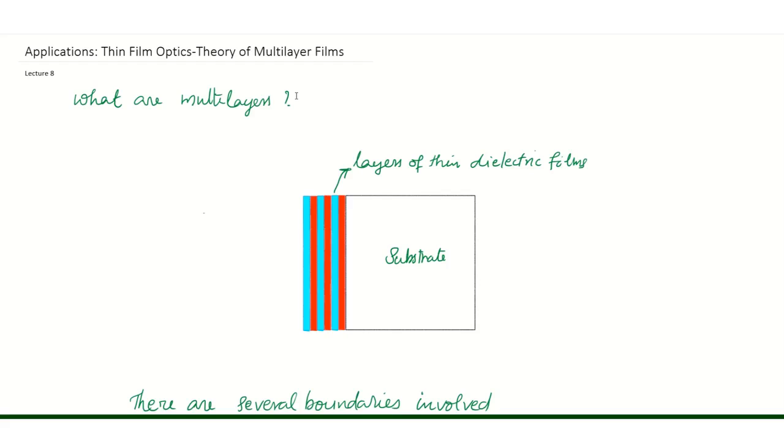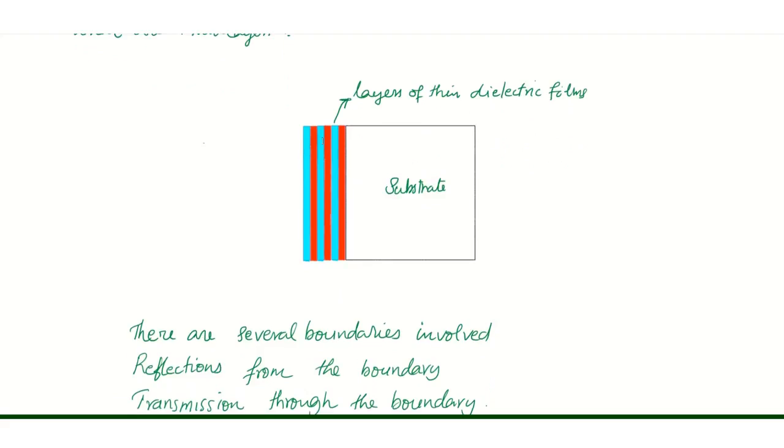In multilayer films, which we can also call thin film stacks, the first thing that we should understand is about multilayers. Some of you may be aware, but for those who are not aware of what multilayer coatings are, this is a typical multilayer scenario. Here we have a substrate,